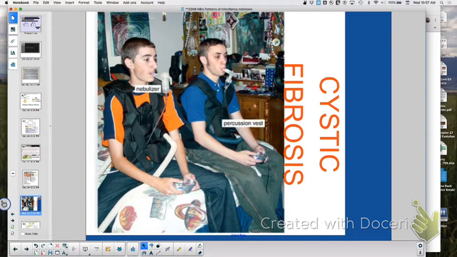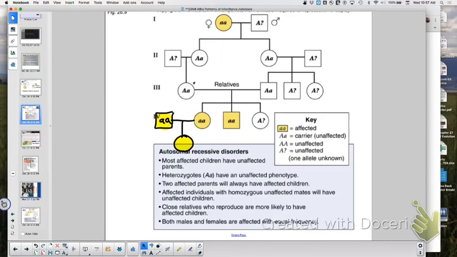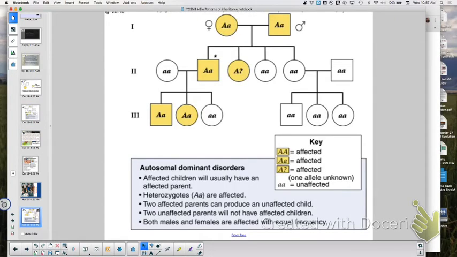Now let's talk about autosomal dominant diseases. So take a look here. Now, how does this look different from the other pedigree? Let me just jump back, look at this pedigree. Okay, how does this one look different? Discuss with your bio buddy. The disease is a dominant gene, so if you have a baby,